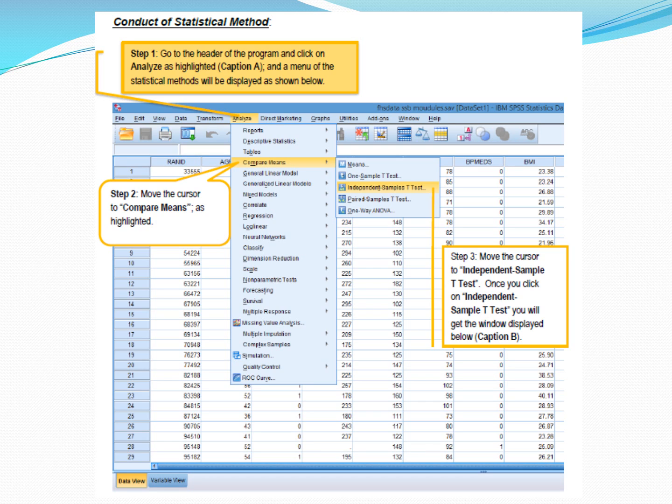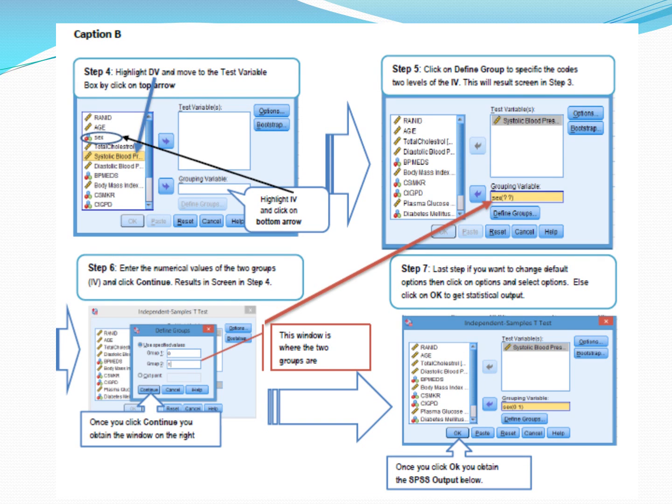This then opens another menu, and under this new menu we have a number of statistical tests which compare means. We have means, one sample t-test, independent sample t-test, paired t-test, and one-way analysis of variance. As indicated earlier, our purpose is to perform an independent sample t-test. So we highlight that and double click it. After completing steps 1 through 3, we come to this section, which we've labeled as Caption B,